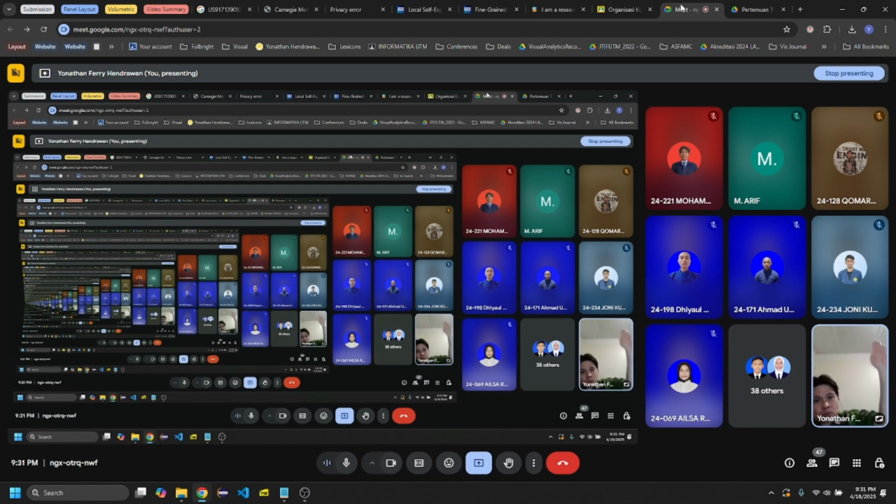Main memorinya itu satu, tapi prosesornya ada beberapa. Nah, tiap prosesor di sini punya cache-nya sendiri-sendiri. So, the main memory is only one. There are several processors, and for every single processor, it has its own cache, where each cache might reflect the same memory address or different memory addresses within the main memory.